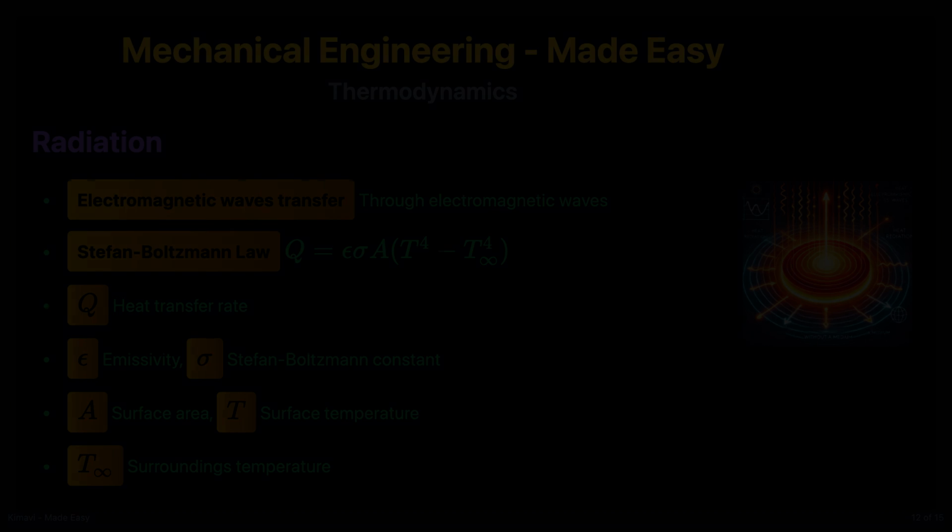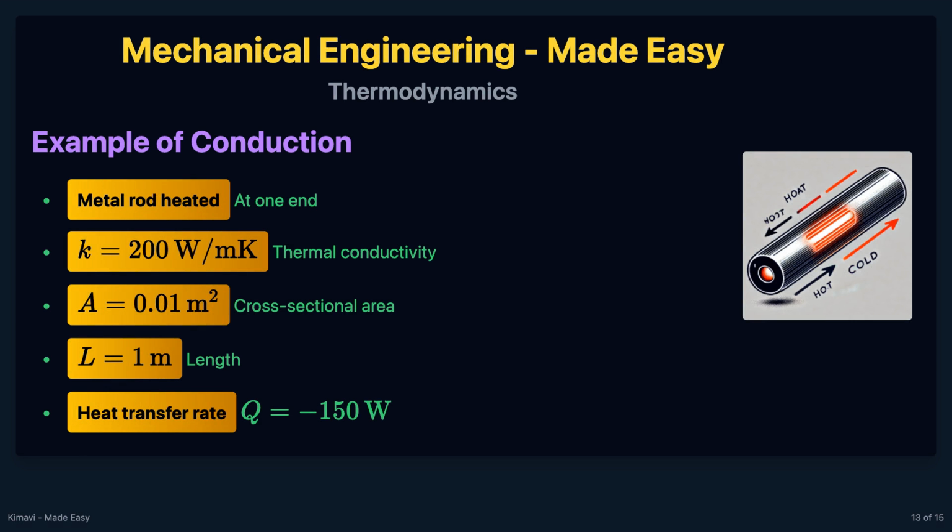the surroundings. Consider a metal rod with one end heated to 100 degrees Celsius and the other end at 25 degrees Celsius. If the rod has a thermal conductivity of K equals 200 watts per meter Kelvin, a cross-sectional area of A equals 0.01 square meters, and a length of L equals 1 meter, the rate of heat transfer by